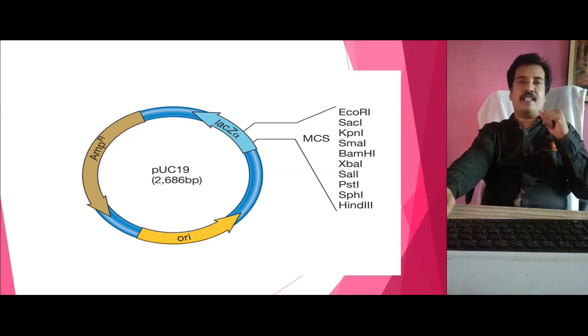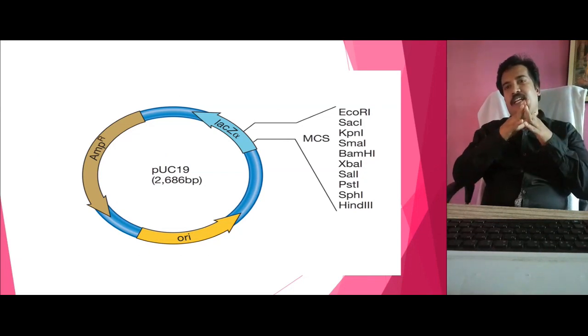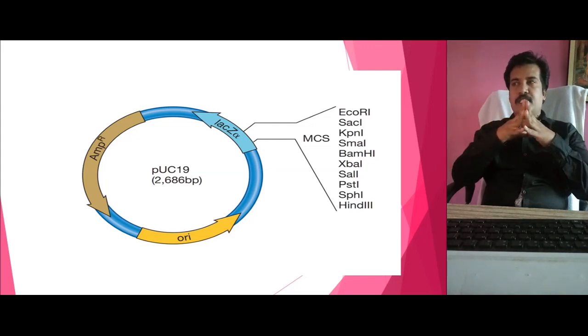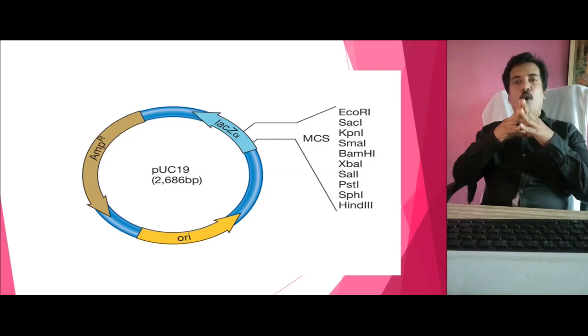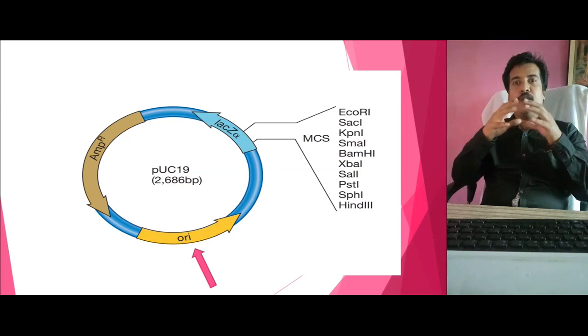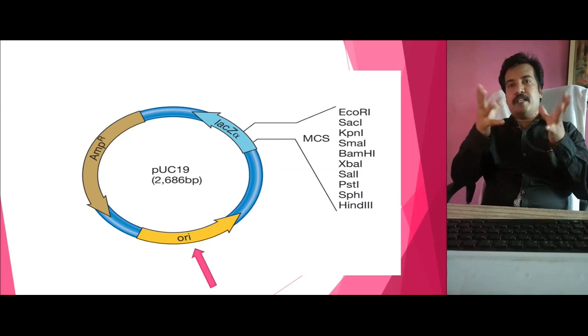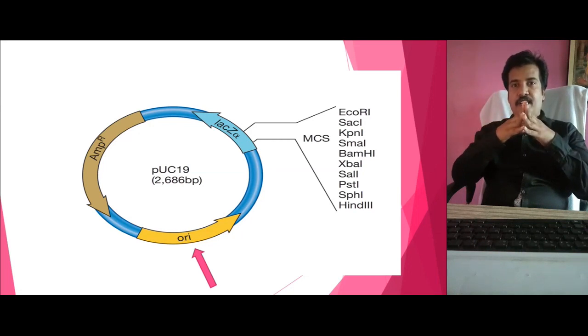For example, if I consider a plasmid vector, I can consider pUC19, which generally has a size of 2686 base pairs. In this picture you can see there are three regions. One is called ORI. ORI is the origin of replication initiation, generally present in the bacterial plasmid vector, which can replicate on its own irrespective of the genomic DNA. So this vector can replicate on its own. This is the major feature we need, so it can produce our clones in large quantities.